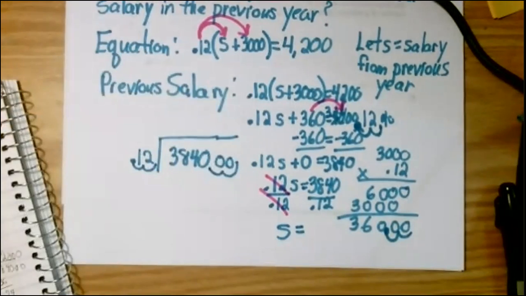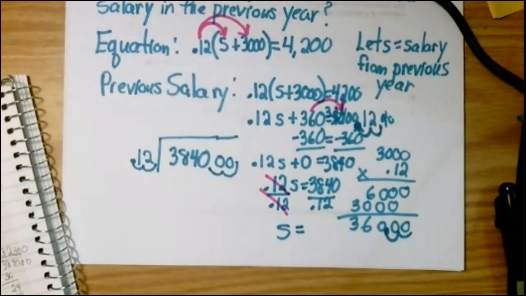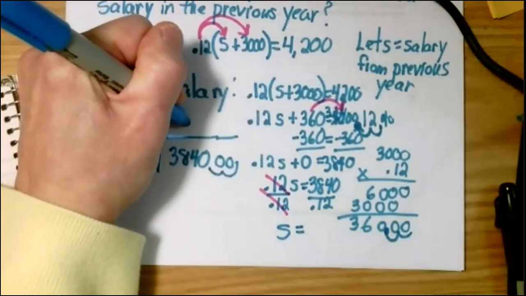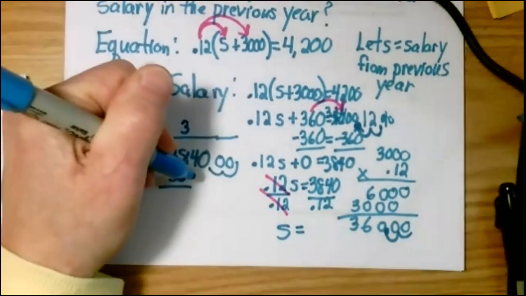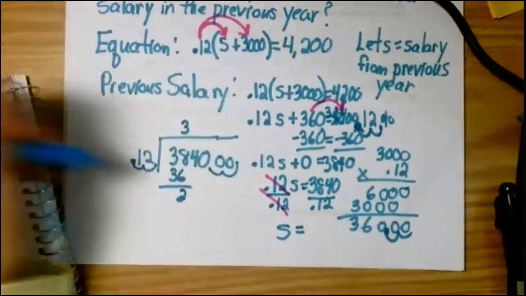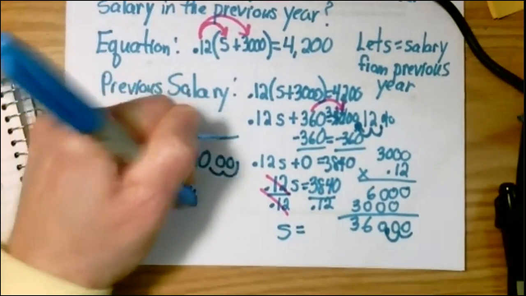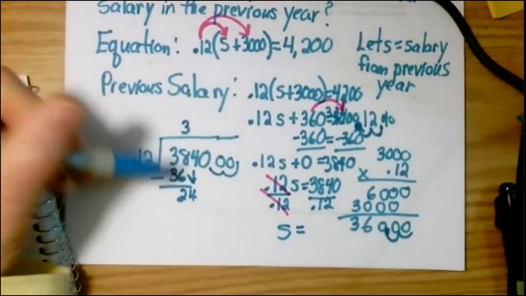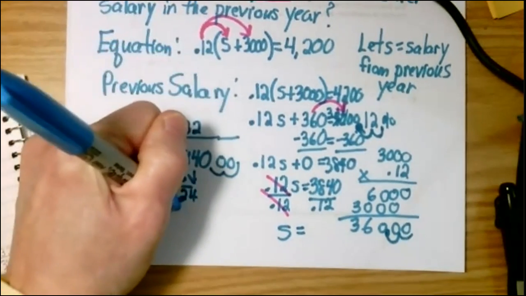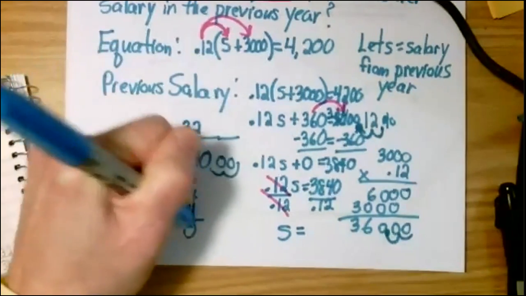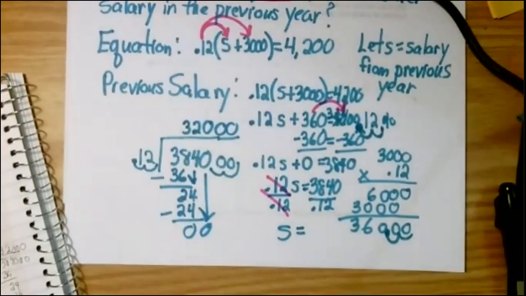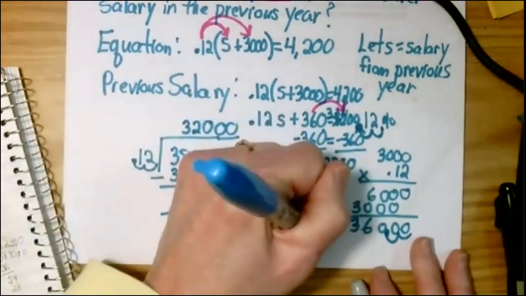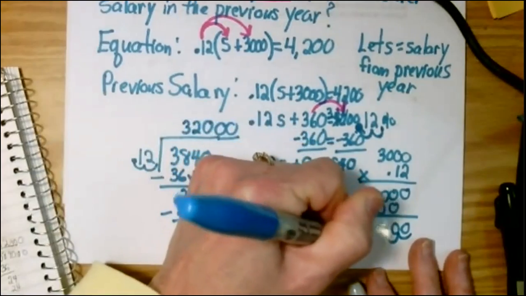So I'm really taking 12 into $384,000. So 12 times 3 is 36. 8 from 6 is 2. Bring down my 4. 12 into 4, 24 is 2 times. 2 times 12 is 24. Then I'd have to bring down all the rest of the zeros, or I can just fill them in up here. So the answer, S, is $32,000 was her salary